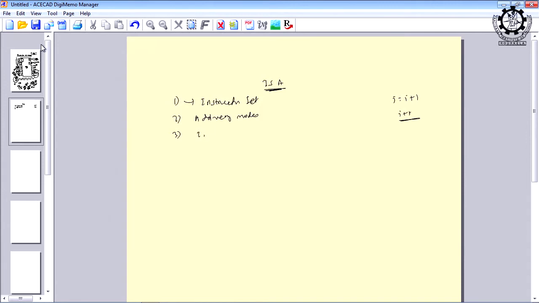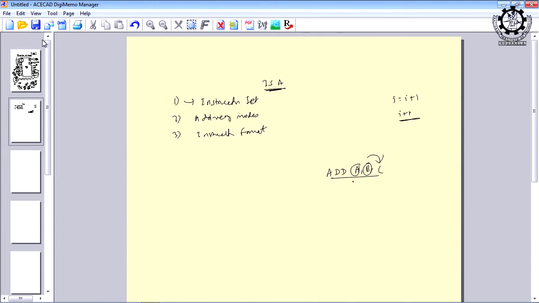Third is instruction format. What is format? Whenever you write an instruction, for example, I am writing add A, B, C. I am just telling in general, not with respect to 8085. For 8085, we cannot change, it is fixed. So, can I write add A, B, C, where A content and B content will be added together and the result will be stored in C? I can design a computer system with this instruction format. But what is the advantage of this format and what is the disadvantage?